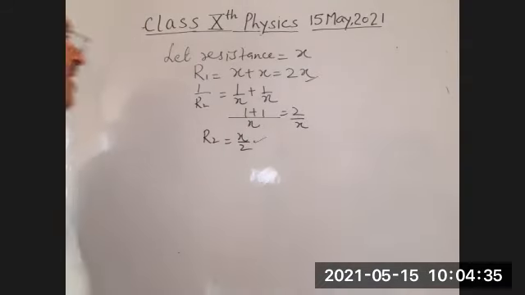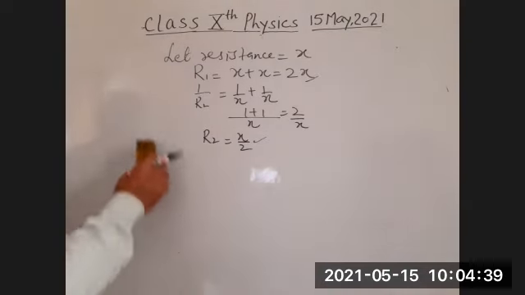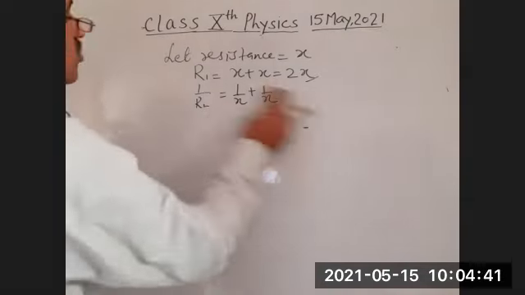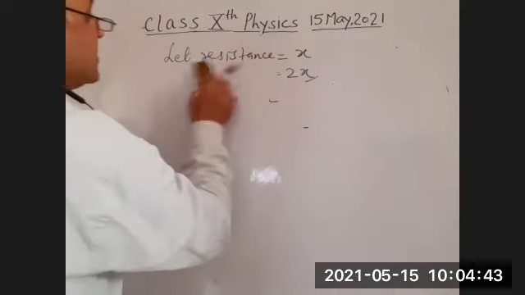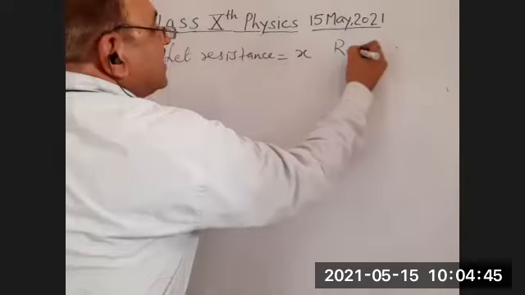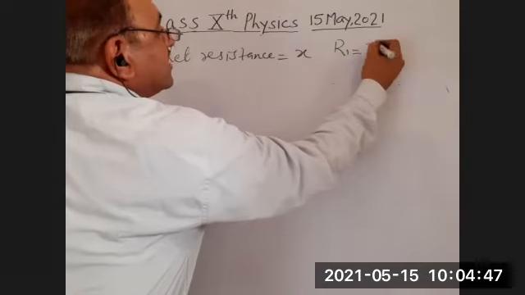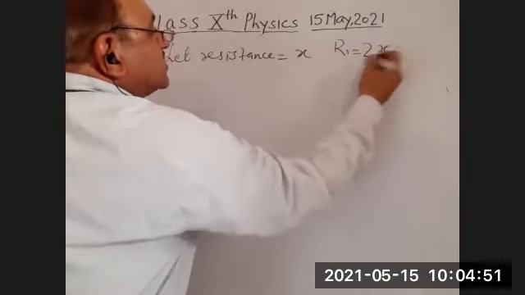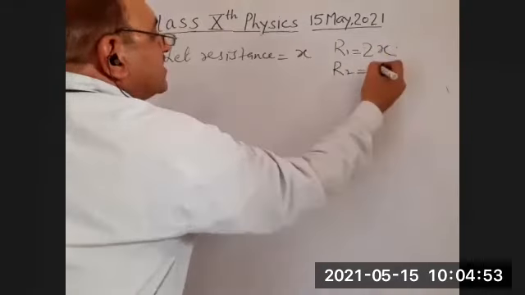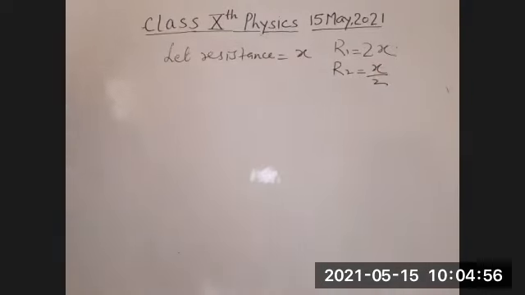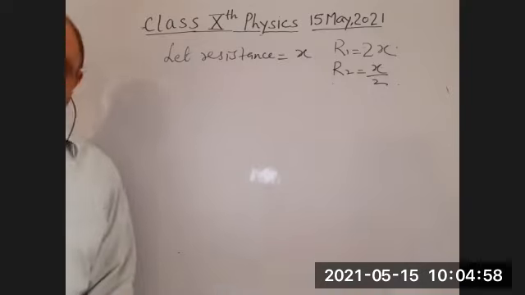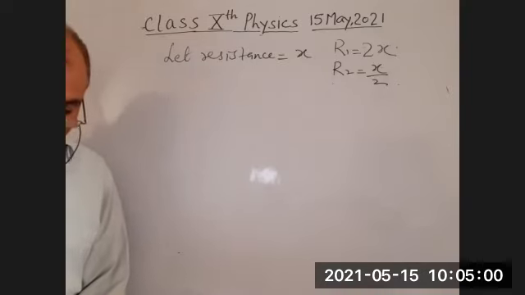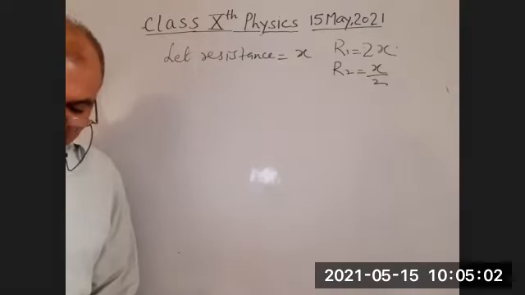ठीक है, अब क्या करेंगे, सिंपली विल कीप these two values. इन दोनों को हम साइड में लिख देते हैं कि अगर सीरीज में है तो R1 की मैंने लिख दिया, सीरीज में है तो यहाँ पे 2x लिख देता हूँ. इनको यूज करेंगे स्टूडेंट, और R2 की वैल्यू मैंने x/2 निकाली है. इज इट क्लियर स्टूडेंट? इन दोनों वैल्यू को मैं यूज करूंगा. ठीक है, रेजिस्टेंस की.